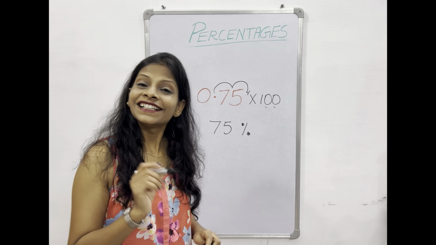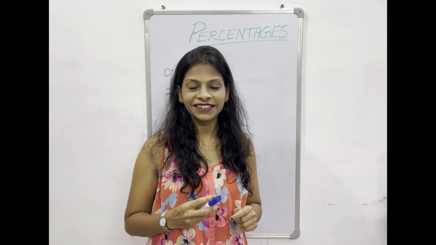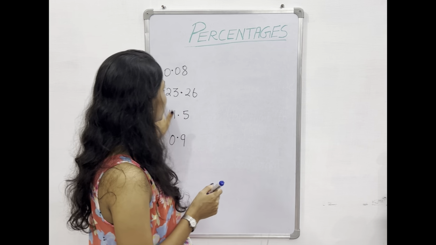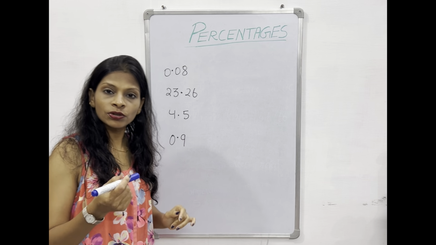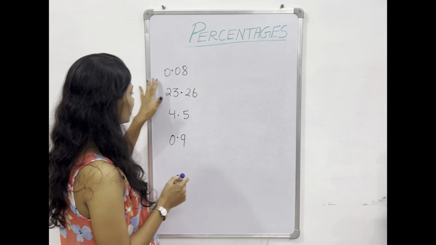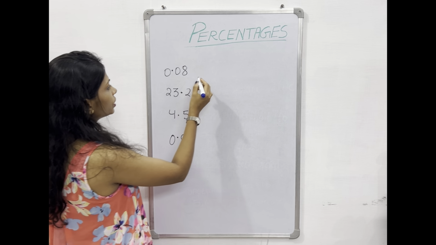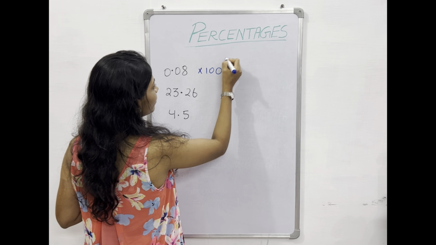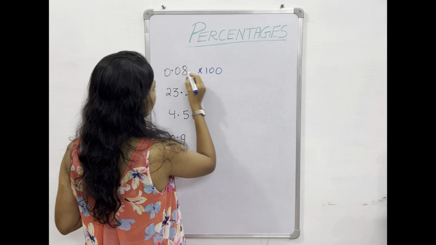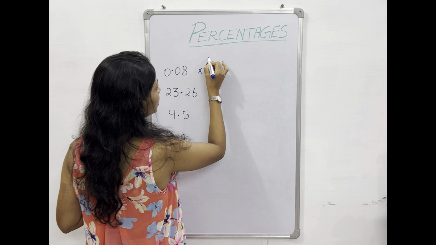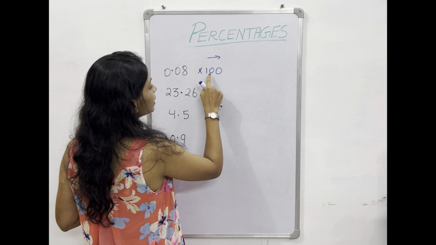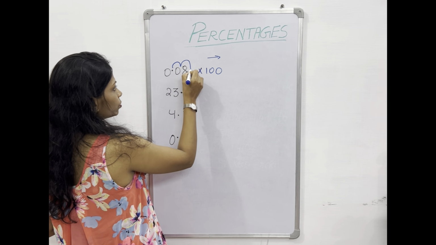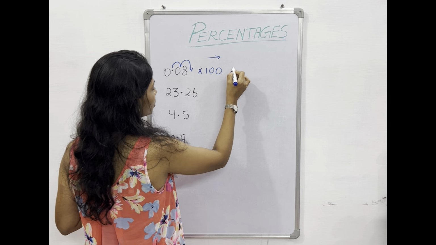Simple. Let's take a few more examples. Before we begin, let's recall the rule. Anytime I have to convert a decimal number to percent, I will simply multiply by 100. So let's start with example number 1. 0.08 multiplied by 100. The rule is whenever I am multiplying by any power of 10, the decimal shifts towards the right depending upon the number of zeros. Since the number of zeros is 2 here, my decimal will shift 2 points towards the right, and the answer would be